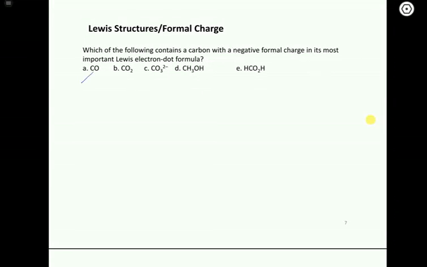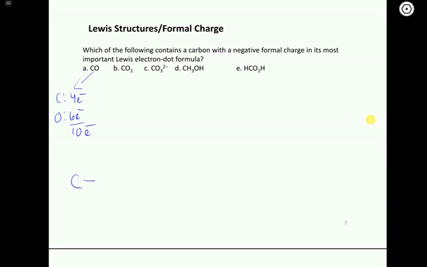So for CO, this is actually a deceptively difficult one. It's only 2 atoms. We count the valence electrons. Carbon has 4 electrons, oxygen has 6. We have a total of 10 valence electrons for this. And so when we draw this, we're going to follow the same approach we did before, which is to do